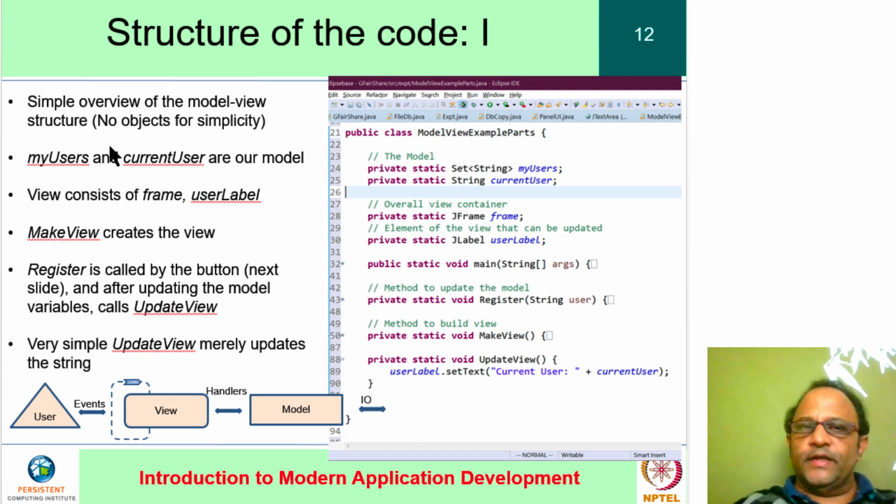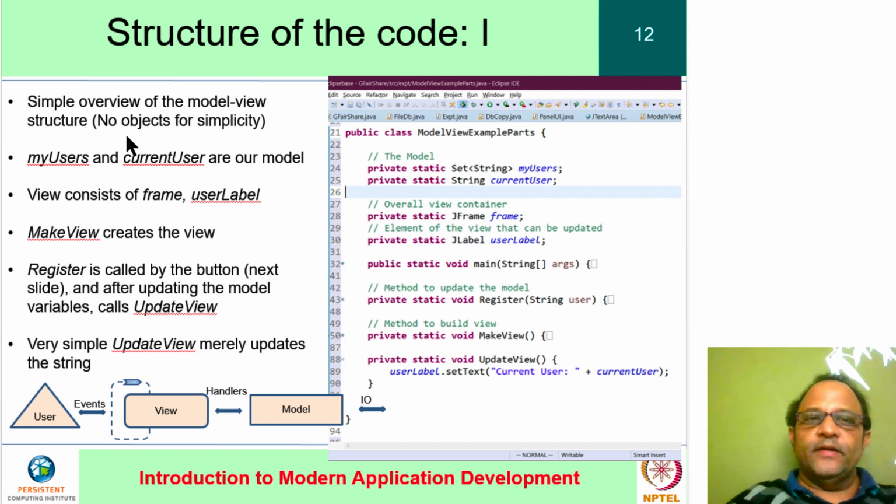So it is not the case that just because you have ideas called model and view, they should necessarily correspond to objects called model and view. You just need clarity in what you use as models and what you use as views. Of course, as applications grow more complicated, it does become more natural to use objects to represent these kinds of things and be able to manage and control the structure in a better way than just writing a bunch of static functions that I have done here. But for purposes of illustration, this is good enough.